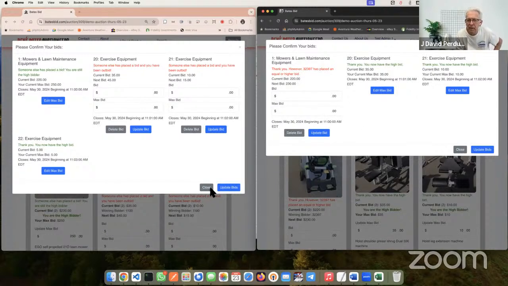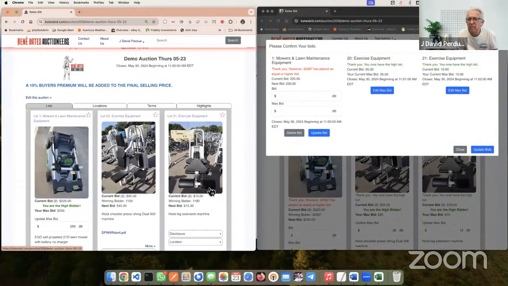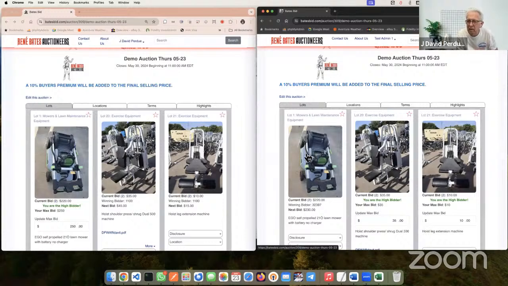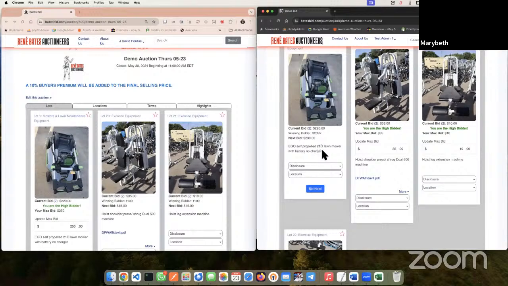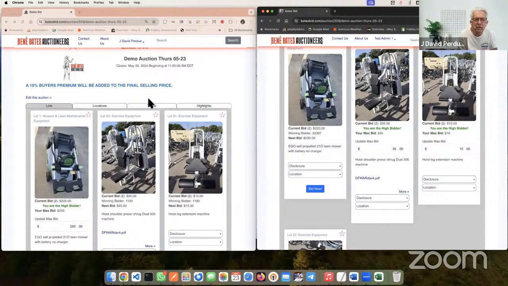Okay, so let's take a look at a couple of other functions here. All right. I'm going to close this. Now, as you recall, my Mac has a problem. Sometimes it gets confused about what special characters are, and this first lot has an error on it. So what I want to do is,